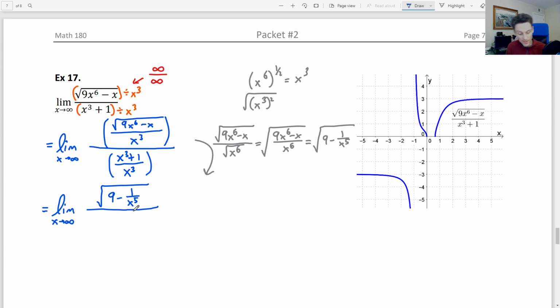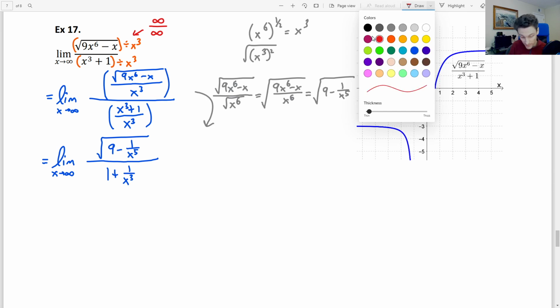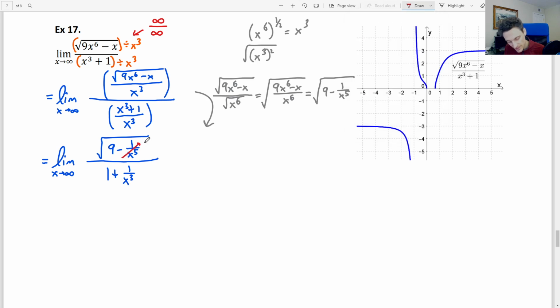All right, so that's what the top is going to simplify to. On the bottom, we already said 1 plus 1 over x cubed. Make that a nice cube. And now we know the limit will work its way into all these little fractions, and 1 over x to the 5th will go to 0, 1 over x cubed will go to 0